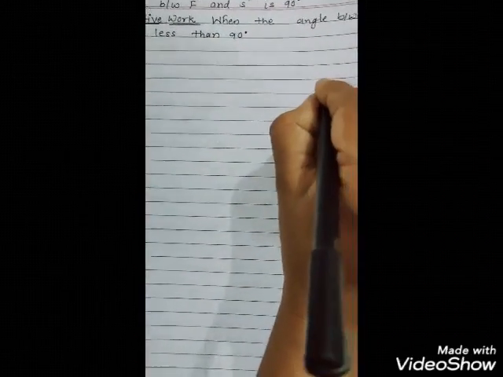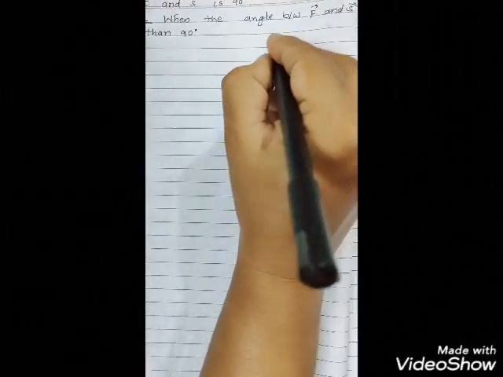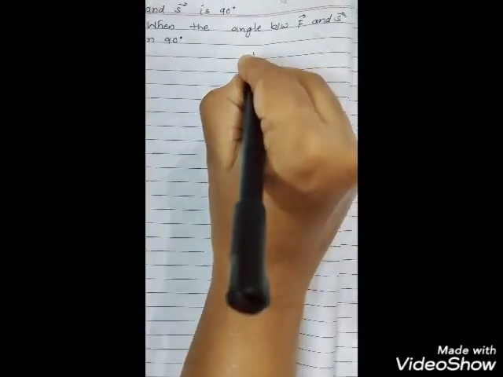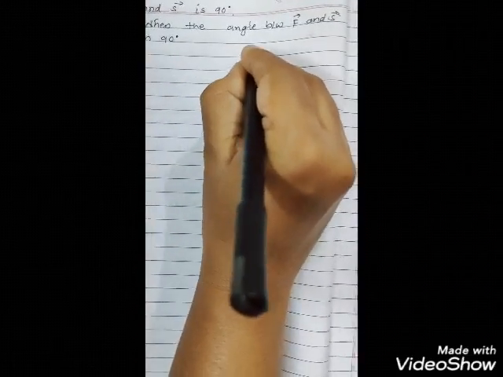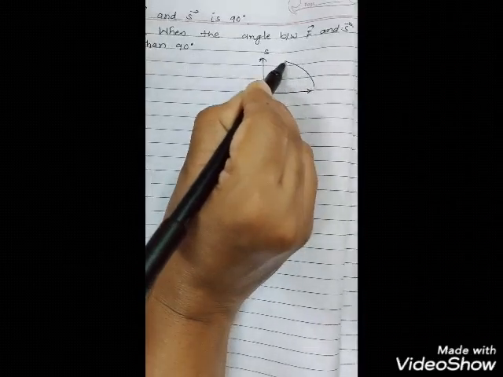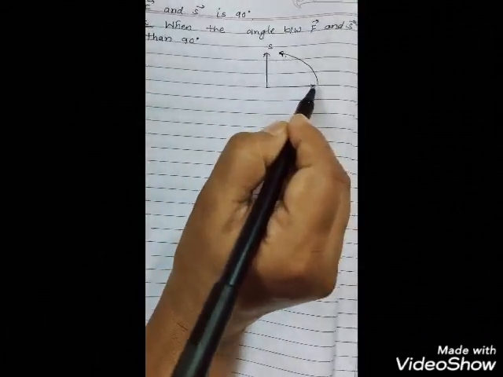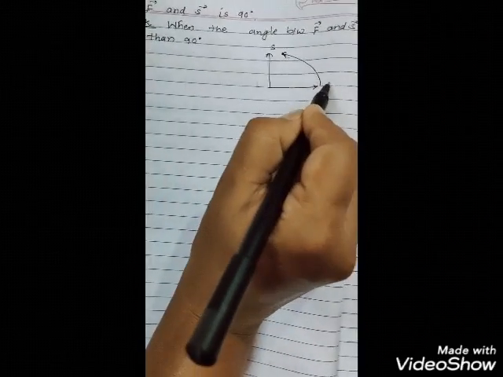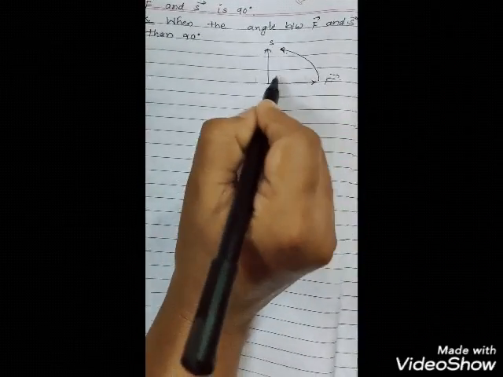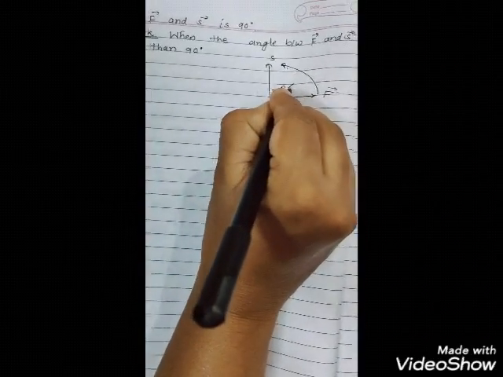That means, suppose this is the direction of the force, then the displacement must be less than this, from 0 angle to less than 90. Till here, when the displacement is in this range, the work done is called